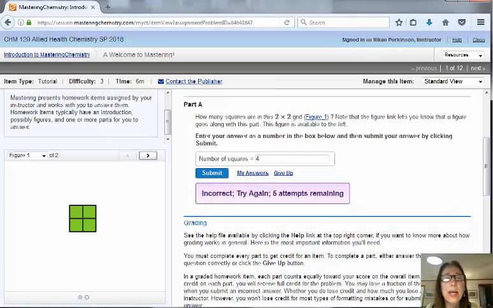And this question has multiple parts. So we'll start with part A, and it says how many squares are in this 2x2 grid, figure 1, and I click on that, nothing's going to happen because figure 1 is already showing. Note that the figure link lets you know that a figure goes along with this part. So that link is indicating you need to look somewhere else for that figure. Okay. Then it says enter your answer as a number in the box below and then submit your answer by